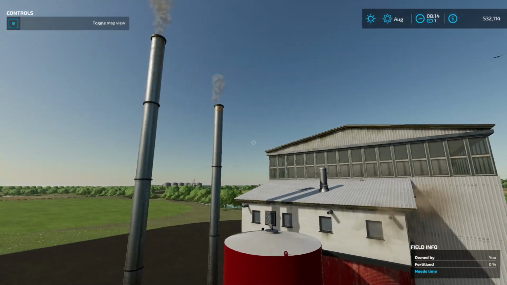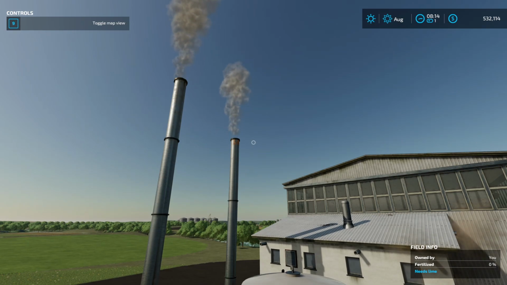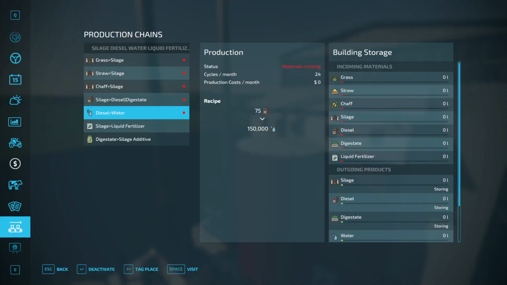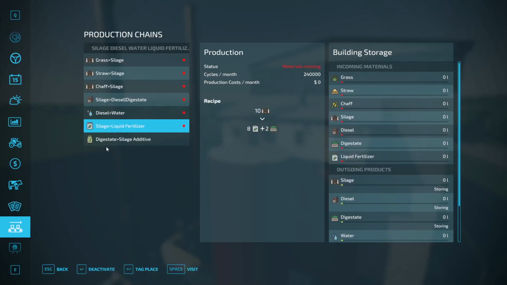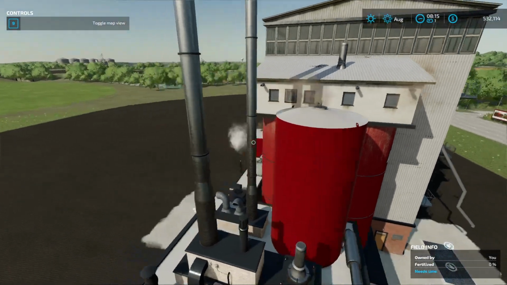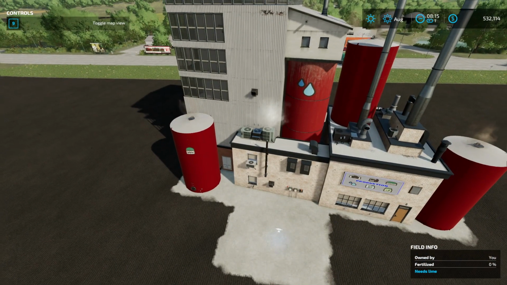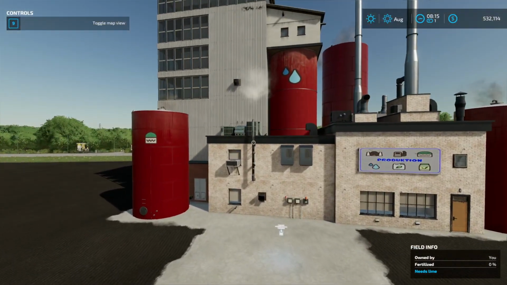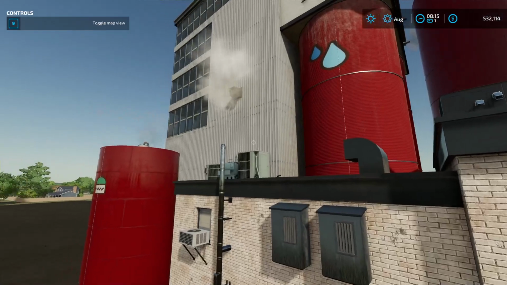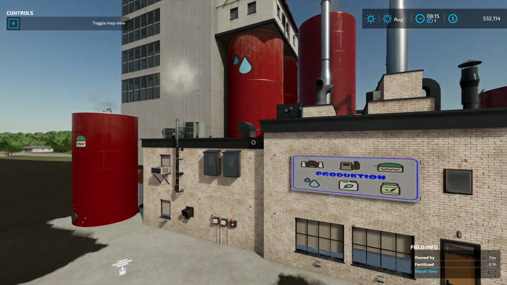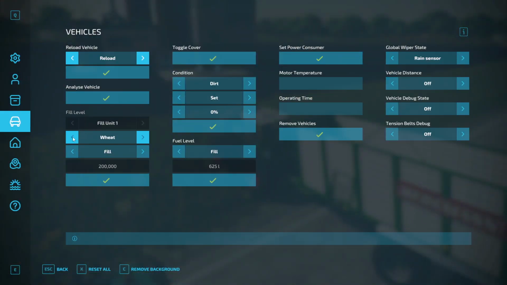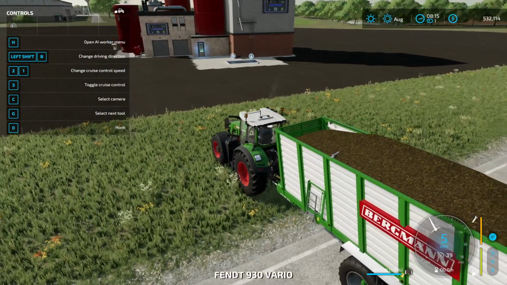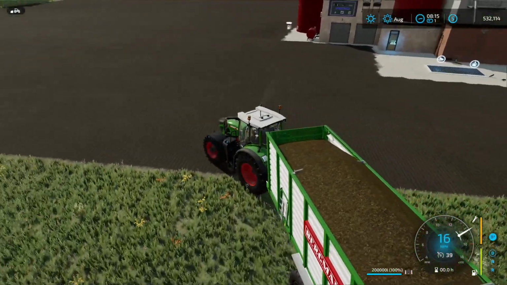Diesel or water will actually start outputting a second smokestack. Liquid fertilizer starts coming out of that one. This one's kind of cool. I like this guy. On the back side, I did water mist for this. Down here, it kind of spits out like a vapor. And then I believe I showed you guys as well, I added